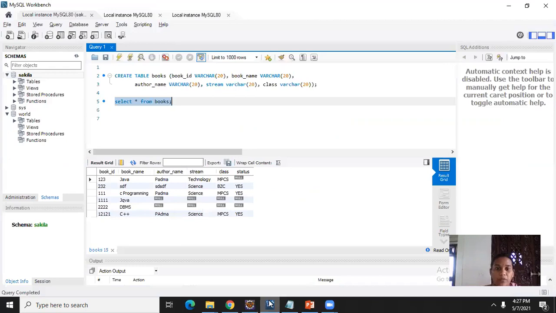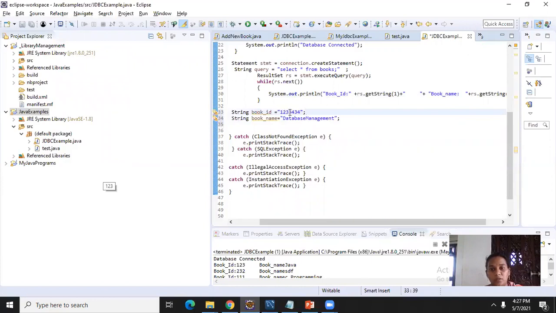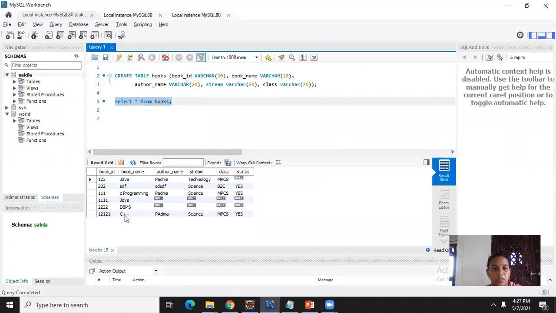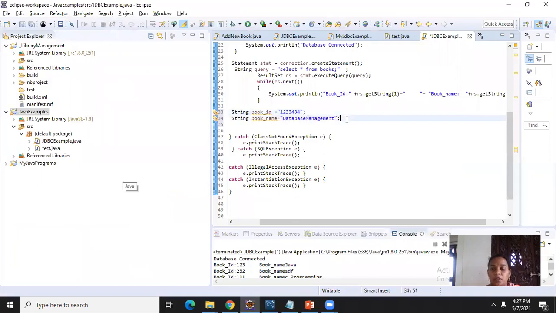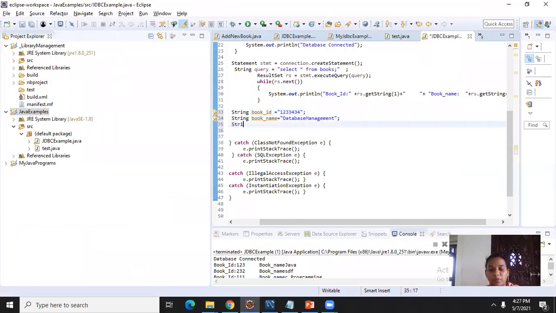See here, this data does not already exist. The book ID 123 is not here. The book name database management system is also not here. So if I insert from the programming, it will come. First I need to prepare the query.